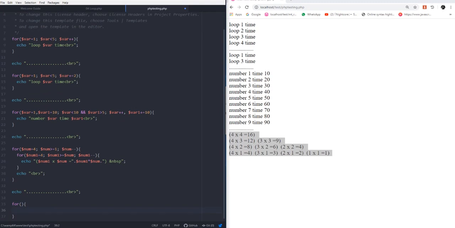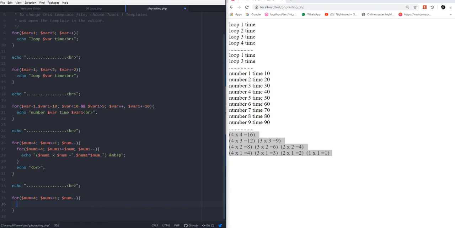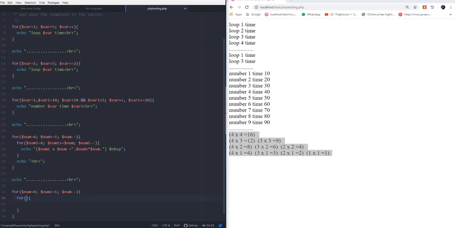We write for. But in this loop statement, we modify a little bit, and still we use number equal to 4, number more than or equal to 1, and for number we also use the decrement expression. So inside this for statement, we have another for statement. Number1 is equal to 1, then our number1